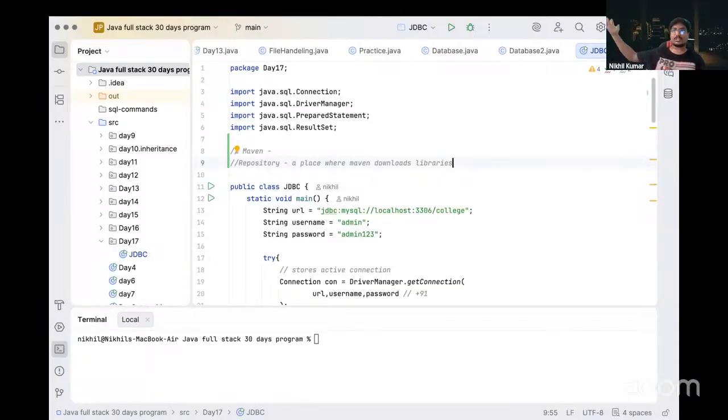Like we have seen for the MySQL Connector/J, what we did first is go to the Maven repository site, and from there we copied the dependency, correct? It has multiple versions of our dependency as well. We just copied it and entered it inside our pom.xml file, correct? Then we did a reload on our project. So Maven automatically downloaded our dependency for the MySQL driver and installed it in our program.